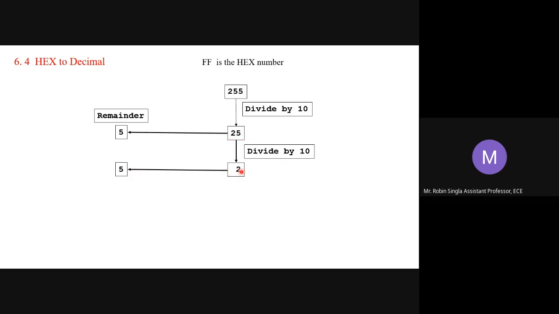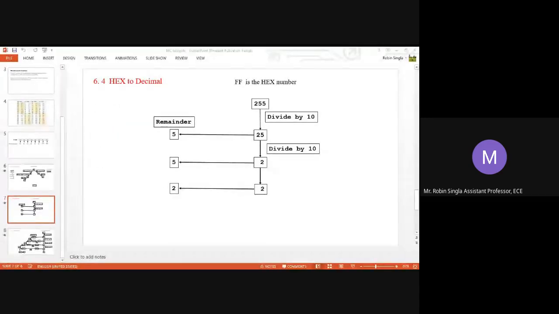Okay. Now this 2 is less than 10, so we don't need to divide. So this 2 we will take directly. So your answer is 255. So if we see hexadecimal, we will start with FF and we'll divide it by A. The answer will come 25 in hexadecimal. Again, we will divide by A. 2 will come here, 55, and this 255 will come as your answer. So I will show you in Keil software. Maybe we will go to Keil software.